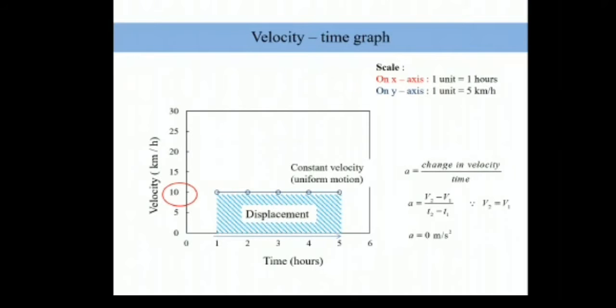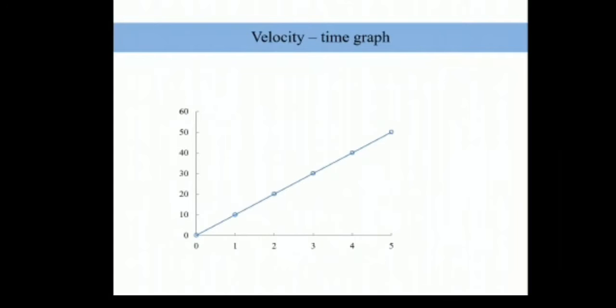Then coming to the next graph. As you can see, the graph here is a straight line which is passing through the origin 0, 0. Here you can see at the last point, on the x-axis it is 0, on the y-axis also 0. Now because we are studying the velocity time graph, what should be on the y-axis? On the y-axis it should be velocity, and on the x-axis we should have time. I hope all of you are clear. If the graph shows velocity on the y-axis and time on the x-axis, then the graph is known as a velocity time graph.